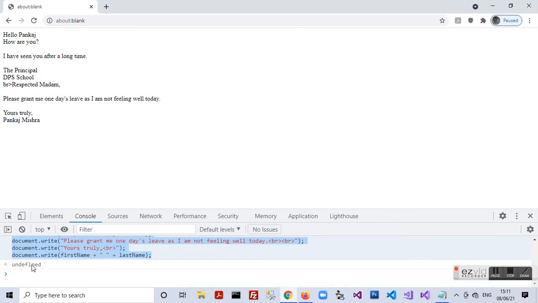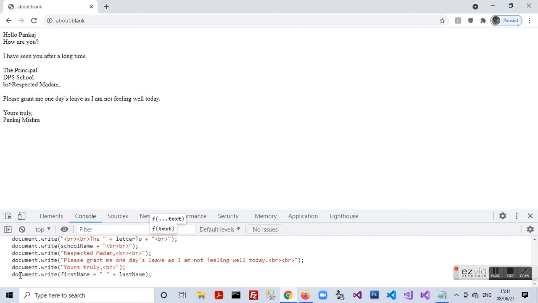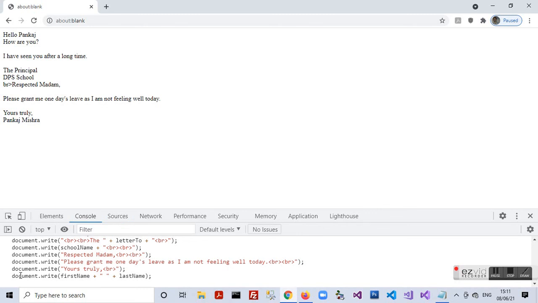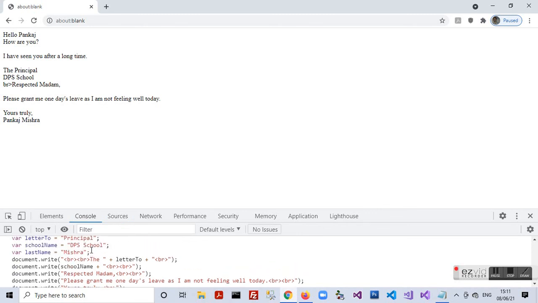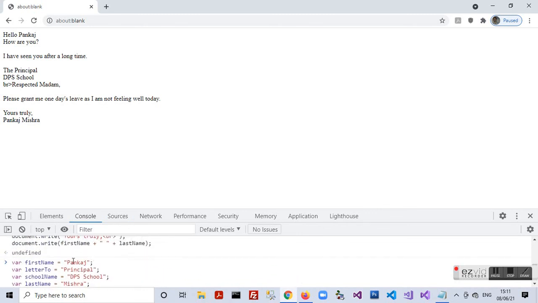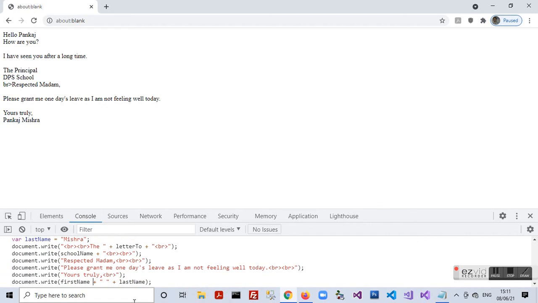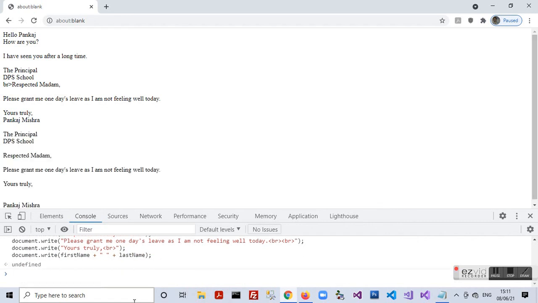We are selecting the code block. We'll paste this code block in the JavaScript console. We'll make the required correction in the break tag in the third line. Before respected madam, the break tag does not have a starting angle bracket. So let's correct it. And after making the correction, we can execute the code by pressing enter after the last statement.